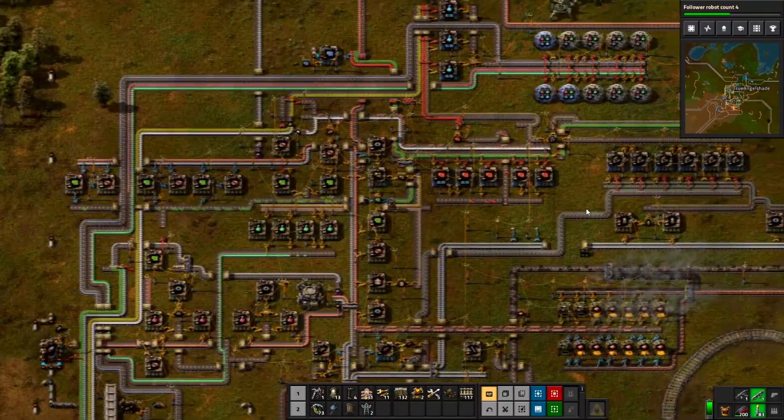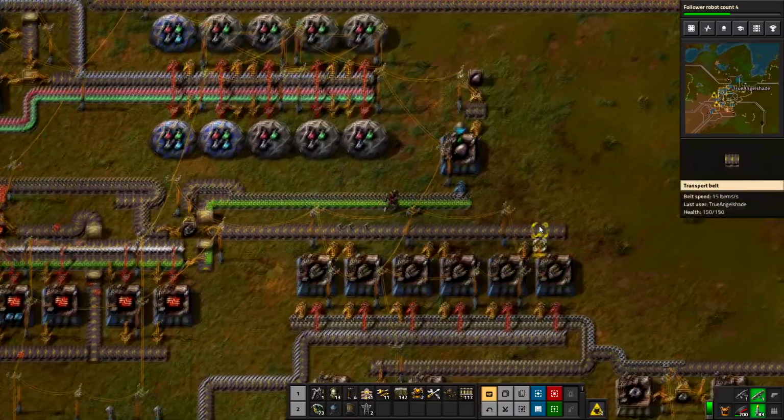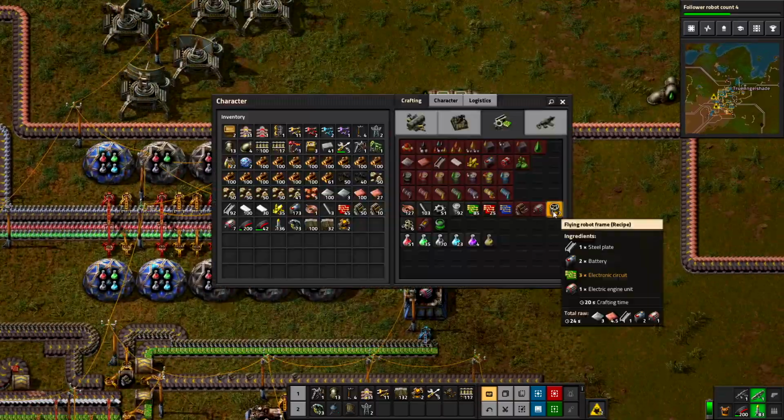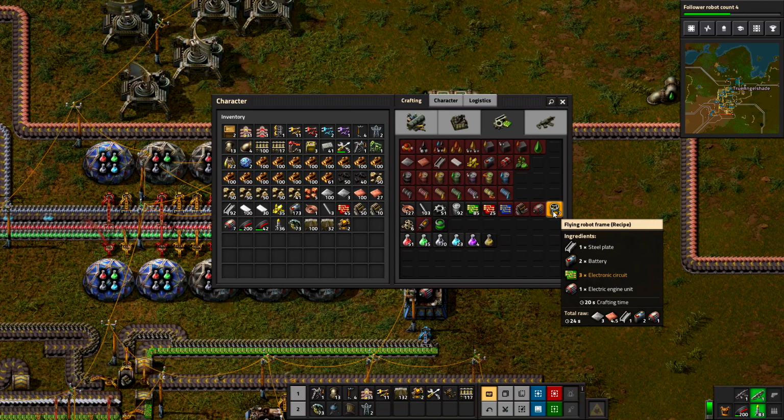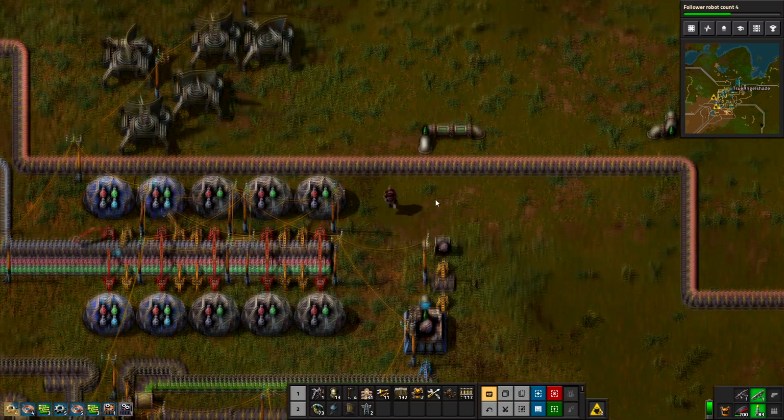Well, just have to do it. No way around it. Okay, so what do we need for these? So it's a 3-item thing, so we need assembly plant,